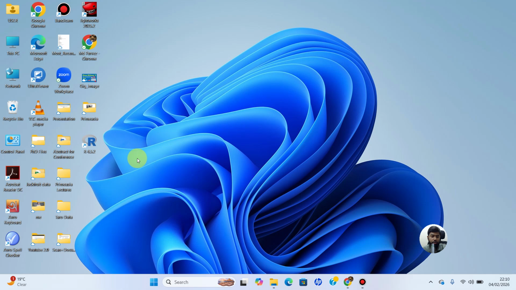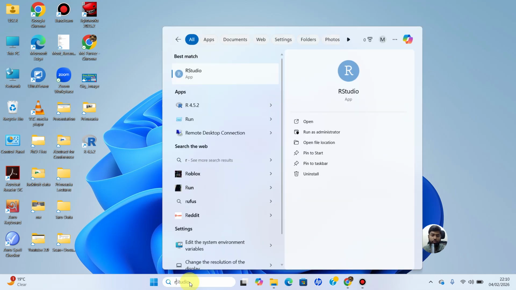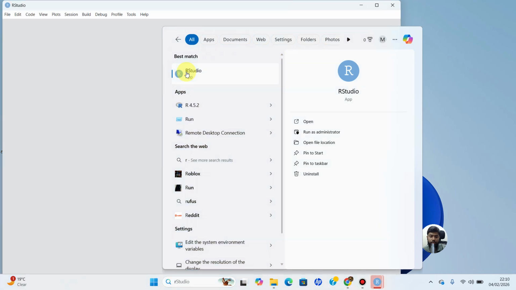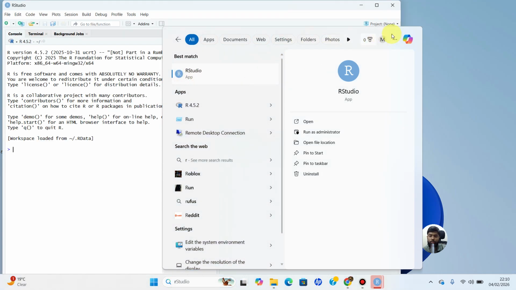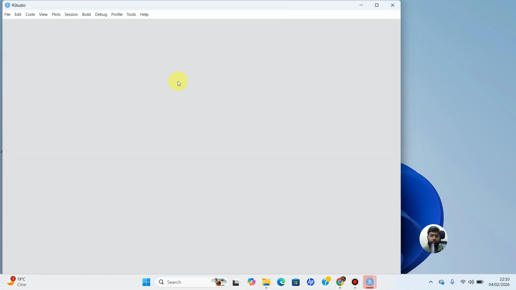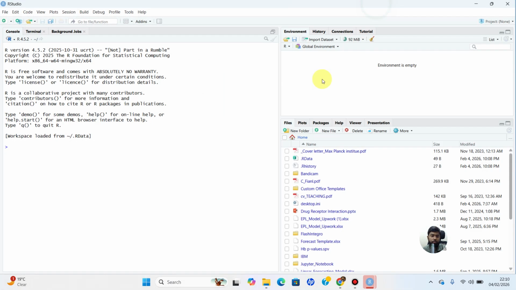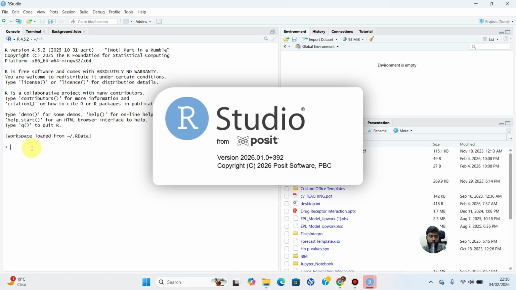And now we look for our RStudio app. We cannot see the icon here, so we'll search for it. RStudio. We can see that our RStudio app is here. We'll click on it. At first, it may take some time since it is first time installed. It is opening. So we can see our RStudio console is here,